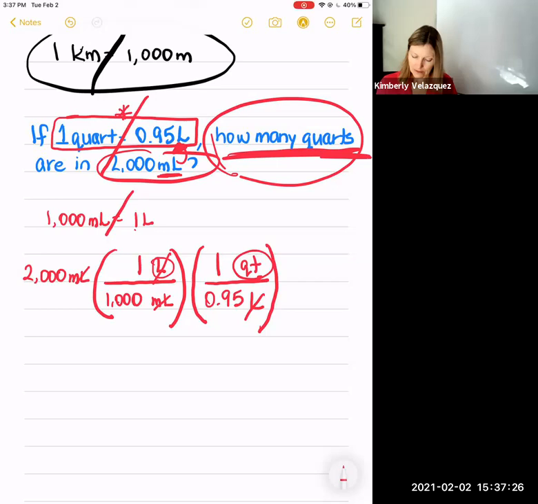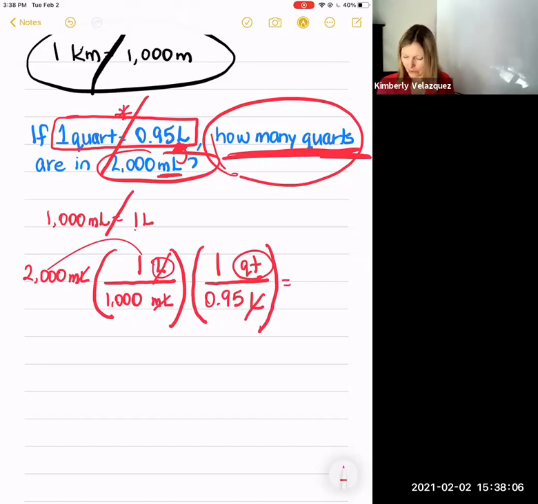So in this case, it's going to be 2,000 divided by 1,000 divided by 0.95. I don't hit equal in between. The way I'm going to punch this into my calculator, again, it's technically 2,000 times 1 divided by 1,000 times 1 divided by 0.95, but you don't need to do the times 1 because you end up with the same answer. So the way I put this in my calculator is going to be 2,000 divided by 1,000 divided by 0.95 equals,